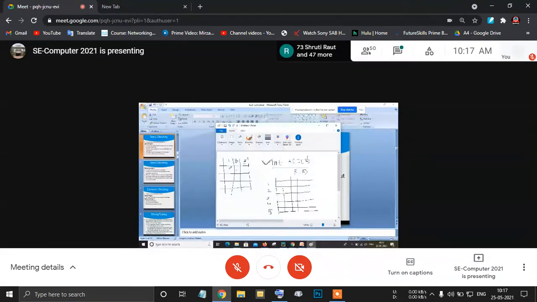Once I add these 3 records in the database, then I realize there is a need for a certain attribute, that is, which class the student is studying in. Either second year, third year, or final year. So I want to insert that information now in this table. This is my simple table which consists of data.